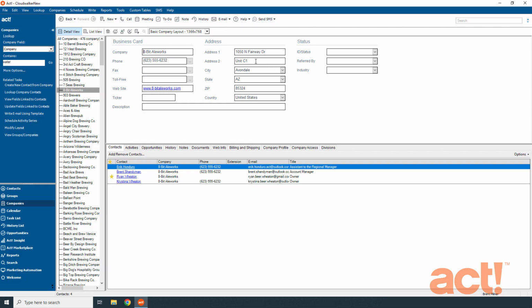And if I'm using custom tables and I have any records saved in the custom tables area of a company, then clicking the primary contact record will bring all of those custom table records together under the primary contact. This is a useful feature when a contact leaves a company and you need to quickly reassign custom table records